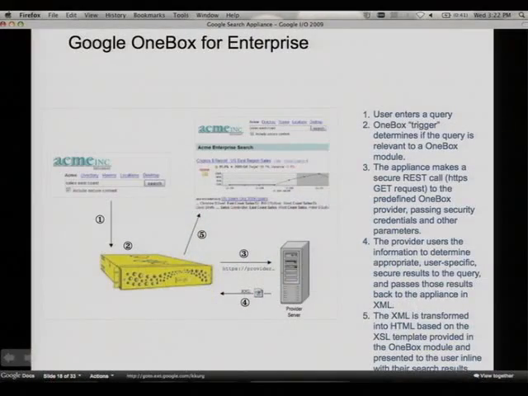So this is going into a little bit more detail on how the logic works. From an end user point of view, the user enters a query, for example, purchase order 500 or East Coast sales. You as an administrator would have set up certain triggers. You can set up a trigger for words like purchase order, sales, support ticket, contact, and things like that. What it means is that for each trigger, you are associating a backend URL, which is like a REST-based URL, and saying, if somebody is entering a query purchase order, I want to invoke so-and-so API from your backend system. We make that REST-based call to your